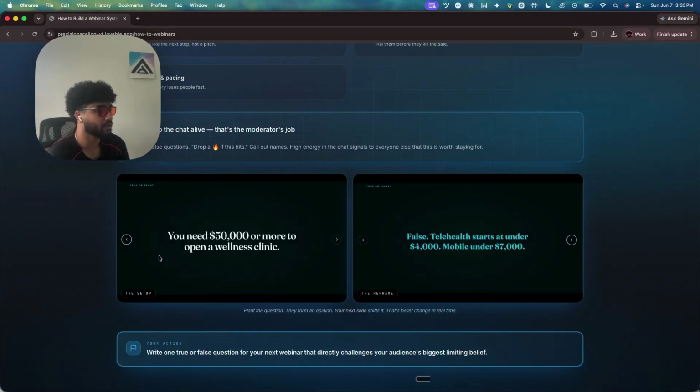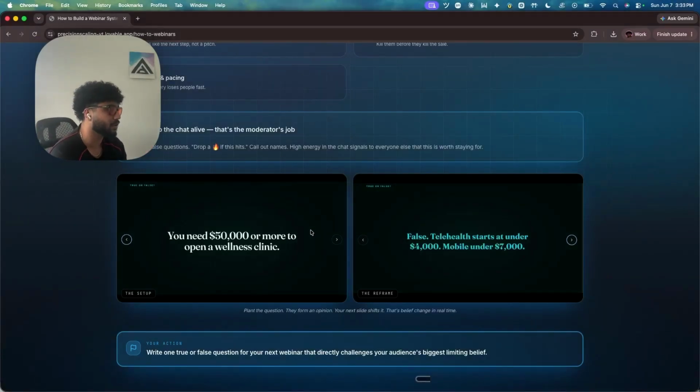You need $50,000 or more to open a wellness clinic. True or false, guys? False. Telehealth starts at under 4K, mobile under 7K. This could have saved somebody, because somebody may have not hopped on a call, booked a call, closed, had this in the back of their head when they get price drop on the sales call. And if they hear this, they're like, oh shoot, I don't need 50K. I only need 4 or 7K. And now you've